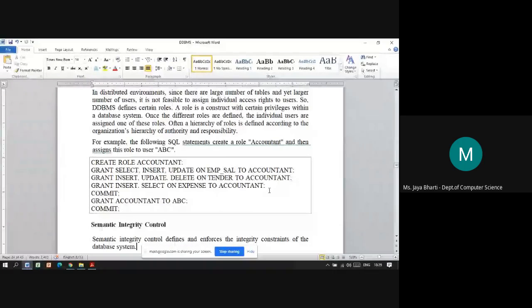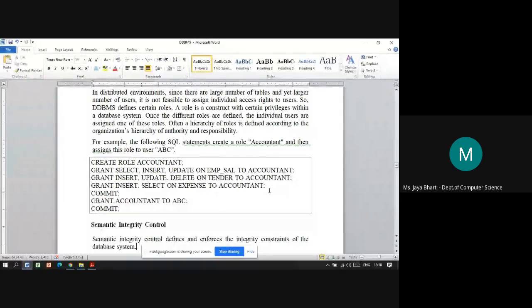Now what is the job of commit? CSIT students, you have learned all these commands at UG level. What is the use of commit?